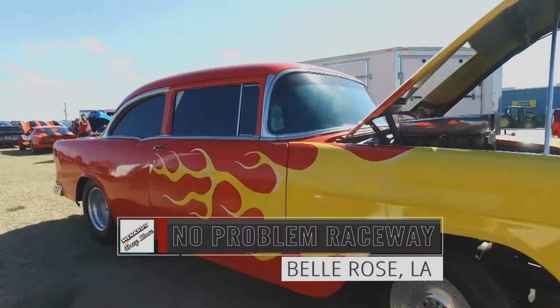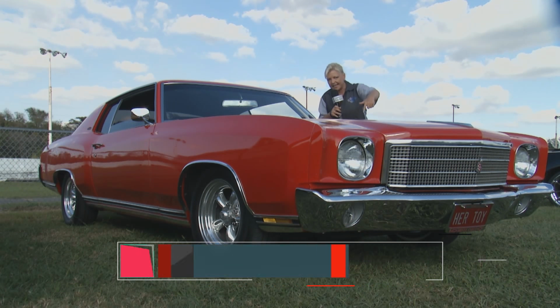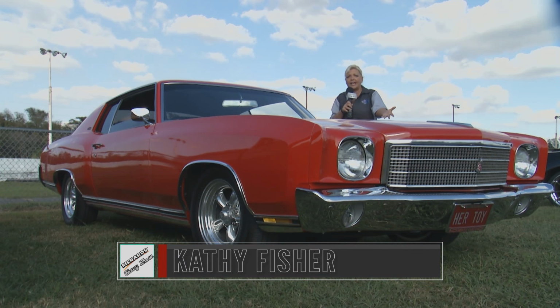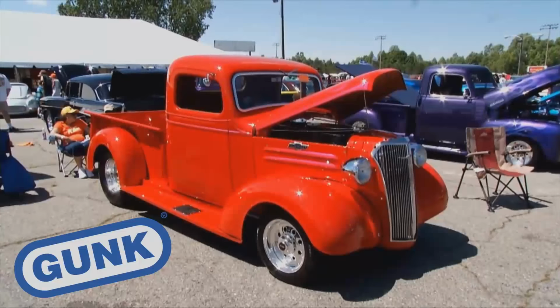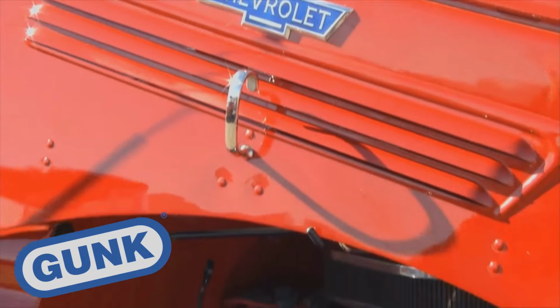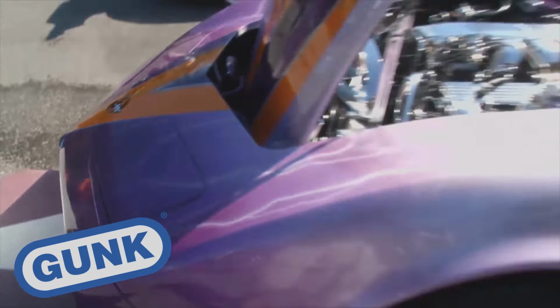Welcome back to the Menards Chevy Show, coming to you from No Problem Raceway in Belle, Louisiana. Guys have their toys, girls have their toys. And this particular lady, well, she likes one of the bigger cars that Chevy came out with. And our next award winner was back when the big Chevys were definitely classy. The Gunk Tough and Trusted Award here today at No Problem Raceway goes to Chuck Falcon, whose 1960 Impala has